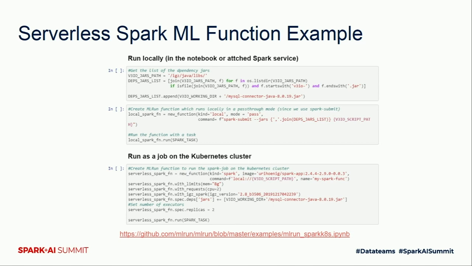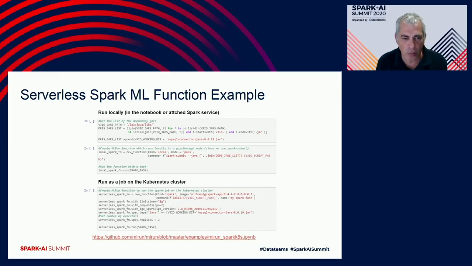I may want to run Spark locally within my Jupyter notebook, or maybe against a live cluster that is always up and running, not decommissioned when I'm not using it. But at the same time, you want to run exactly the same job against a cluster that is built ad hoc for my job, and I have a way to customize the image and the Spark version that I'm going to use, and all the packages or jars I need to use for that job. It provides me a lot more power,